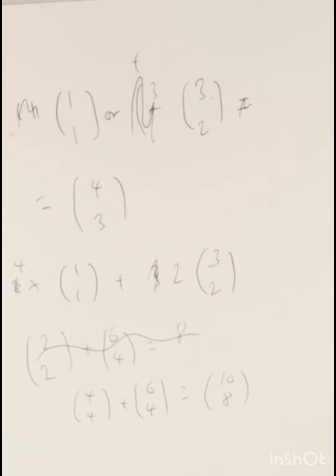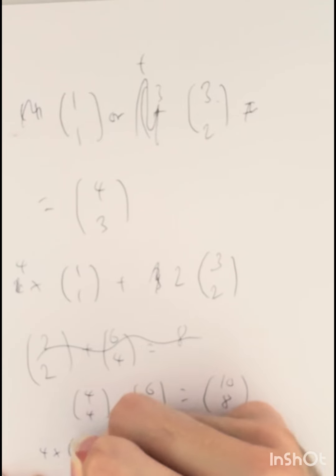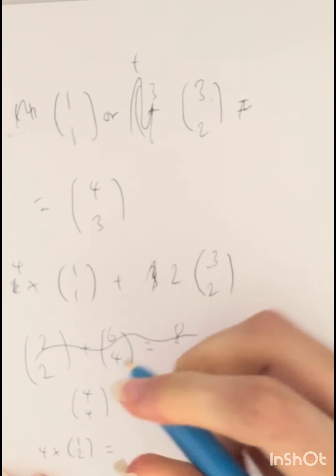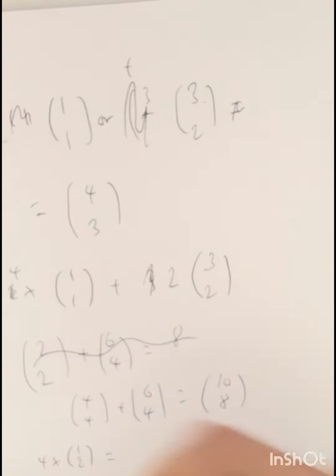So I think this is the only combination that gives the vector (10, 8). Sorry, so each vector has a 50-50 chance of being either (1, 1) or (3, 2). So for 4 of the vectors to be (1, 1), it'd be 4 times a half. Sorry, it'd be